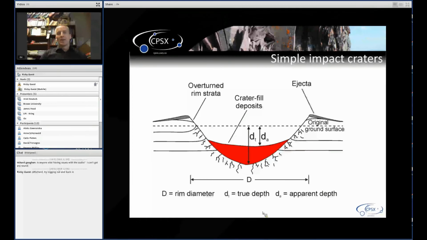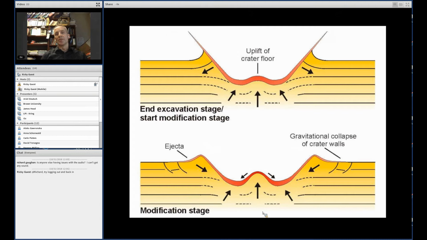And so simple craters have been relatively well understood and, I think, accepted as being the products of hypervelocity impact for well over a century now. But it really took the discovery of shock metamorphism and the understanding that over a certain size threshold, they don't look simple anymore and they become complex. And so it was only in the 1960s and 70s, really, that we realized that